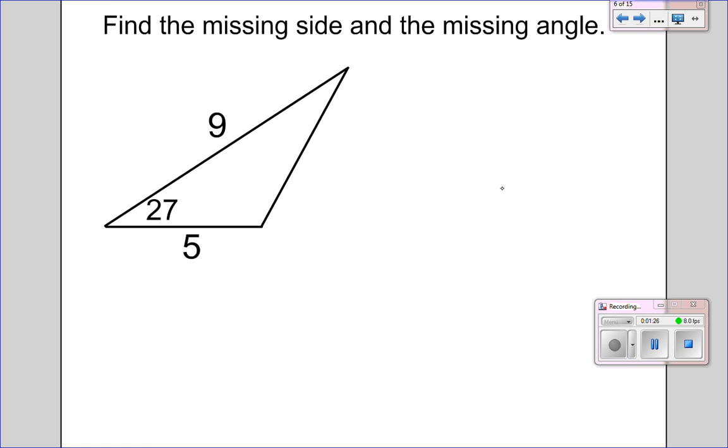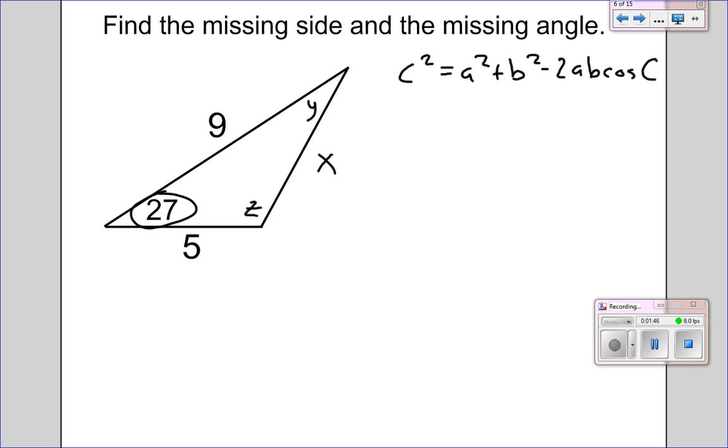So let's look here at this problem. Let's go ahead and call this x, y, and z. So the first thing you want to look at is what angle are you given? Well, you're given a 27, and it's included between the two sides. So this will be law of cosines. And if you remember, this is your formula,